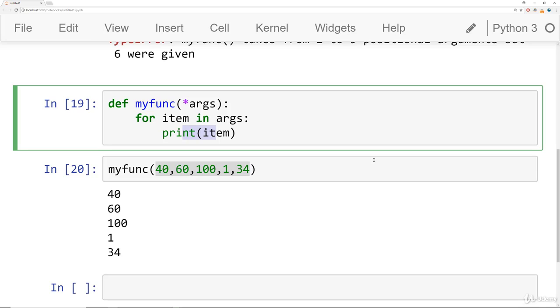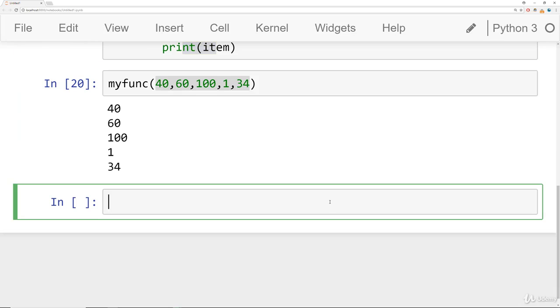Similarly, Python offers a way to handle an arbitrary number of keyworded arguments. So instead of creating a tuple of values, we use star star kwargs, which is keyword arguments, and that builds a dictionary of key value pairs. So let's build out a function that utilizes that. We're going to say def myfunc star star kwargs,